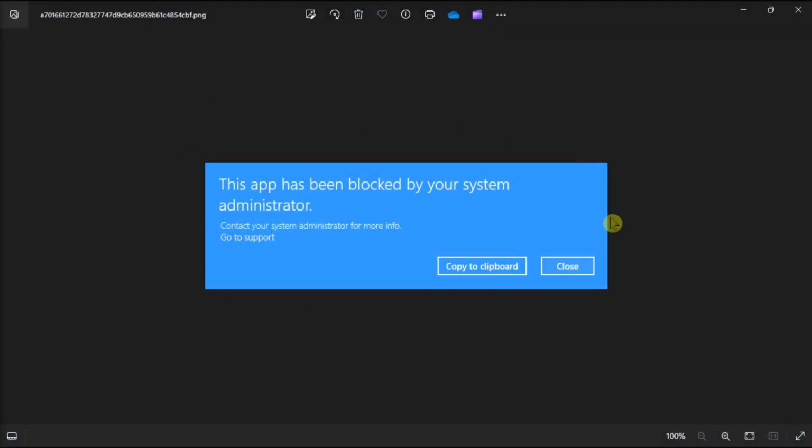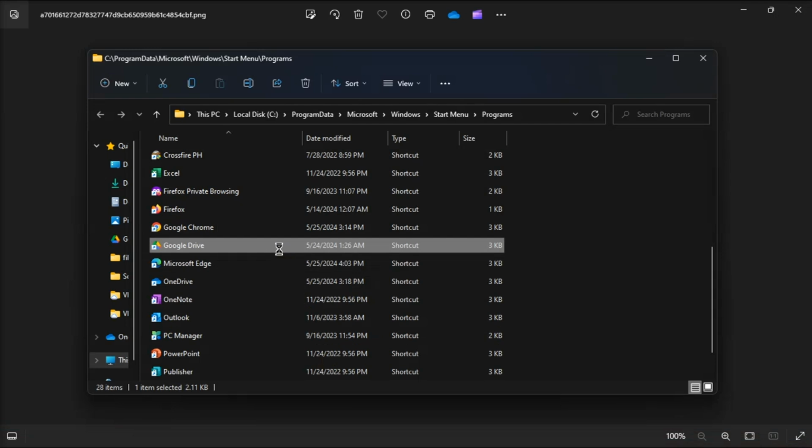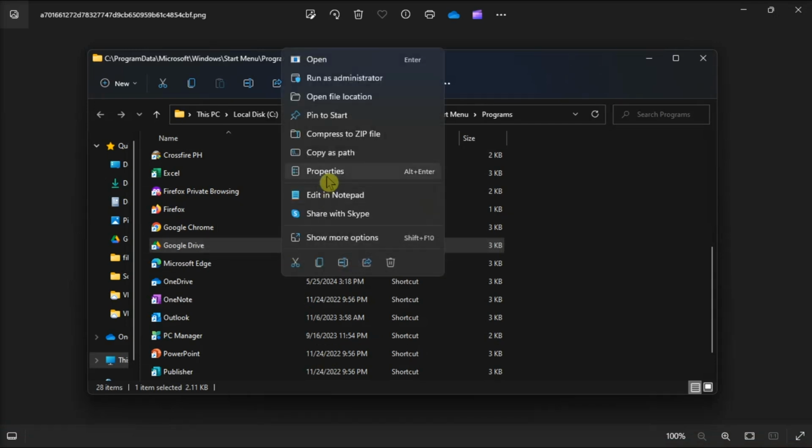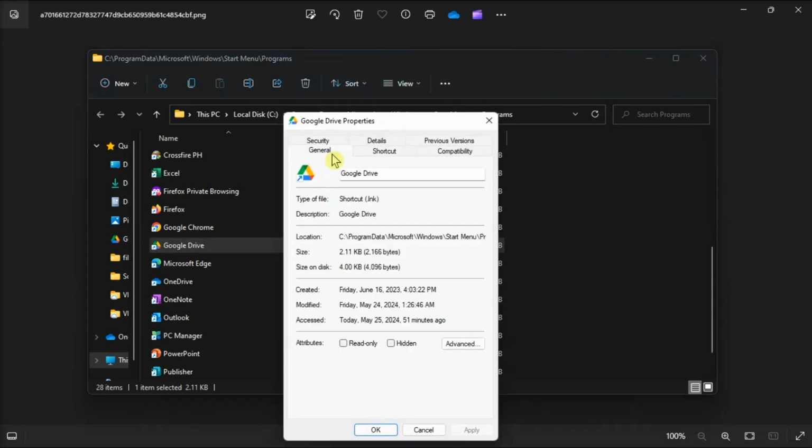If your PC won't let you open an app and you aren't using a PC owned by someone else, you can try these tips to unlock it. So first up, unblock the app executable by locating and right-clicking on the app, choose Properties, open the General tab,